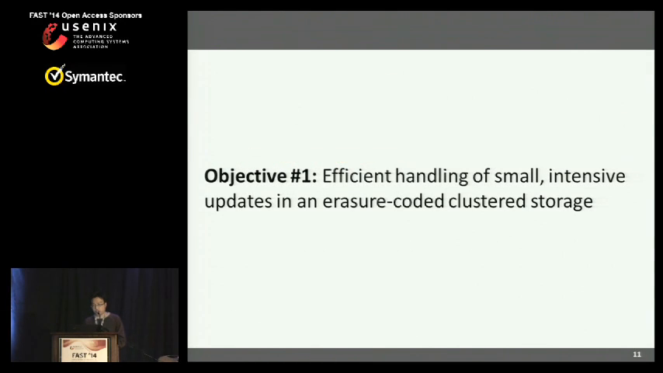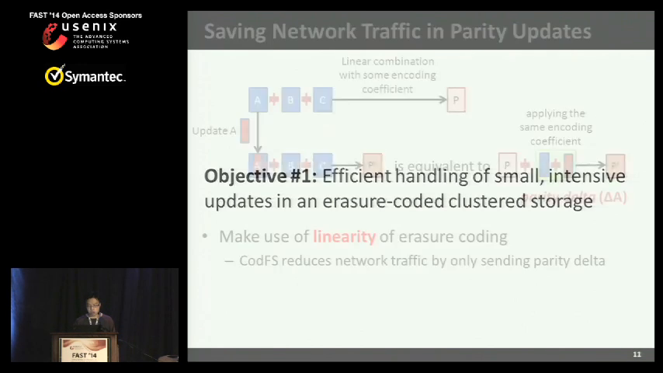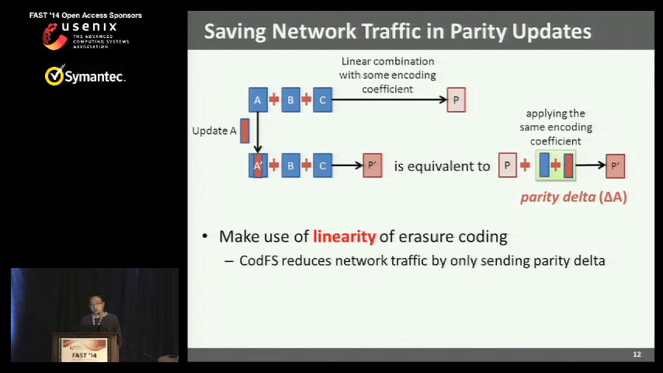So one of the objectives is we need to handle these small and intensive updates in an erasure-coded cluster storage. The second one is we also want to minimize the network I/O and also the disk I/O. To deal with the network I/O, one thing we can do is make use of the linearity property of erasure coding. So the idea is